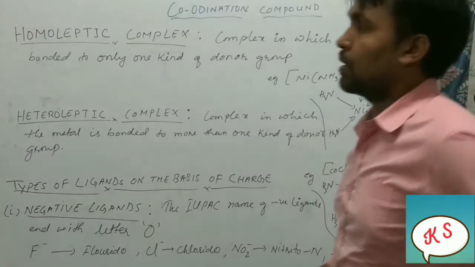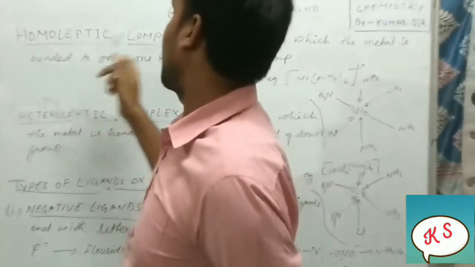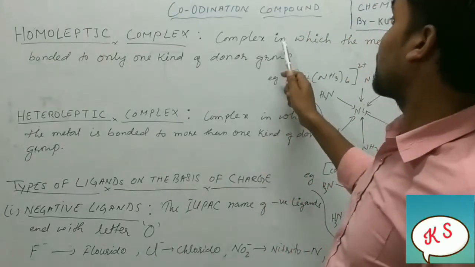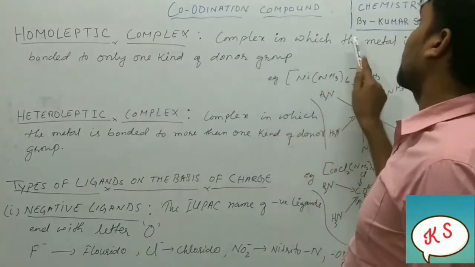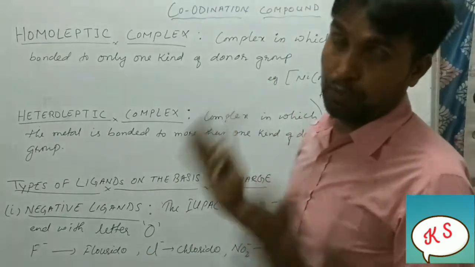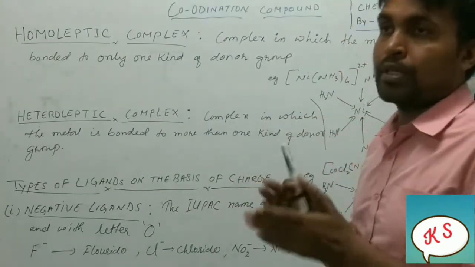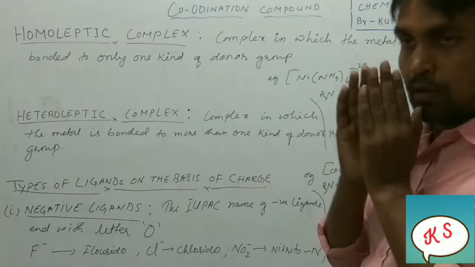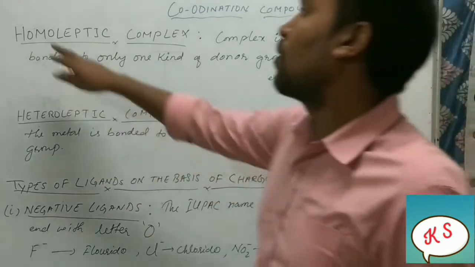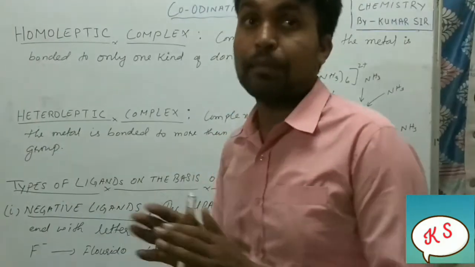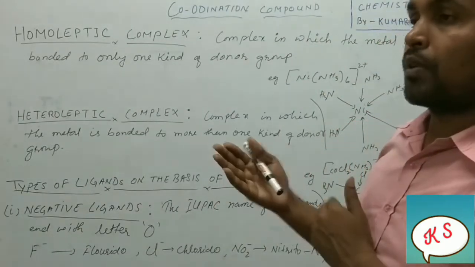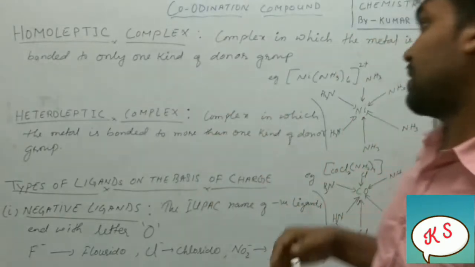The next topic we are going to discuss now is homoleptic complexes. So what are homoleptic complexes? Let us try to understand. A complex in which the metal is bonded to only one kind of donor group. Those complexes in which the central metal or central atom is bonded to only one kind of donor are called what? Homoleptic. Homo means same, okay or not? If the same kind of donor is attached to the central metal atom, then we will call it what? Homoleptic complex. Example,